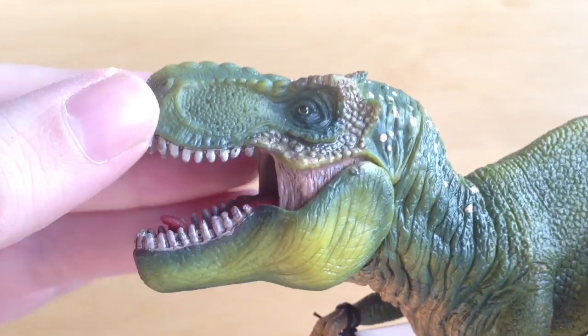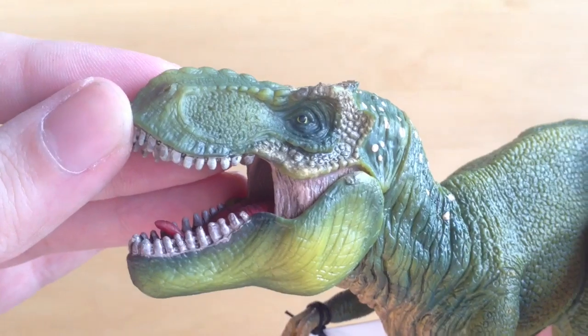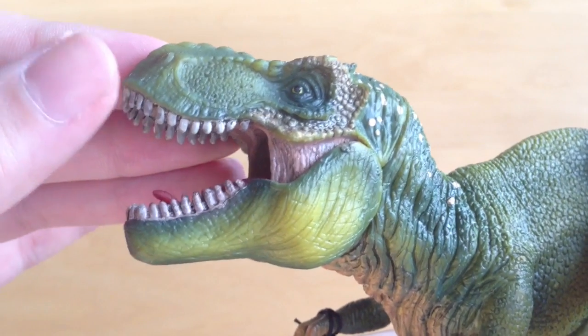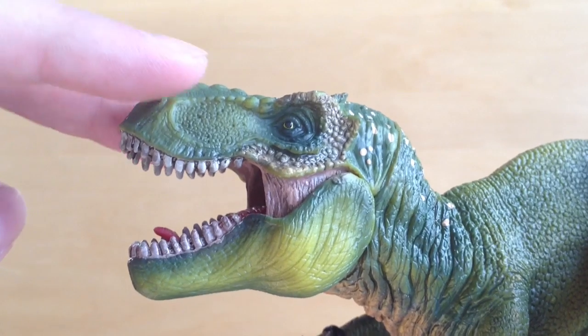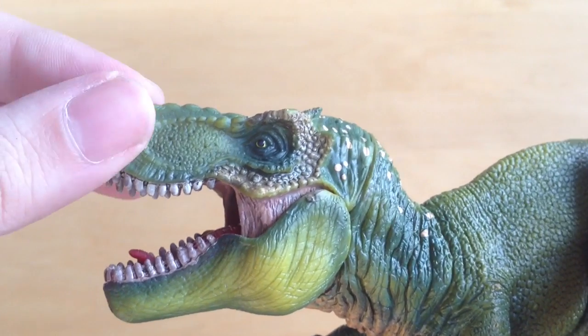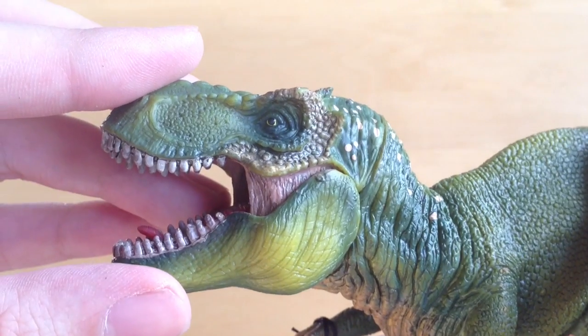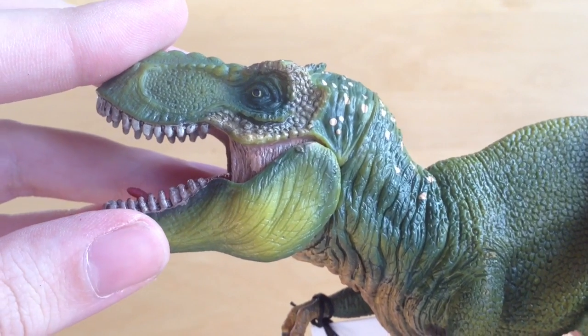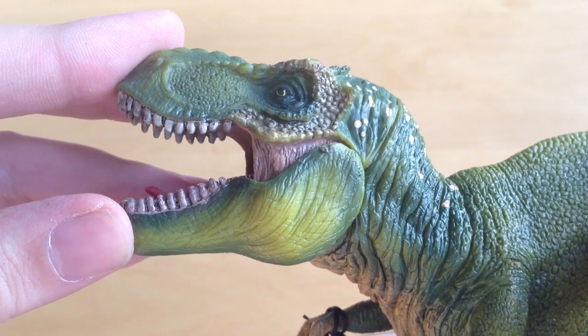Now the plastic that they've used seems to have this almost like a semi-translucent feel. When I'm holding it up in the light here, it doesn't feel like it's just a flat plastic that's bouncing off the light. It does feel like the light is travelling in, absorbing the light a little bit and glowing, giving you that sort of real flesh-like skin. And I wonder if that's a choice they made to use almost like a more fleshy like plastic,